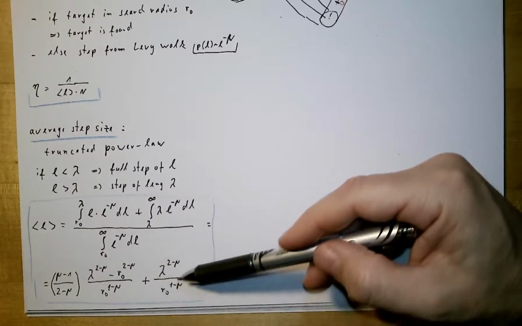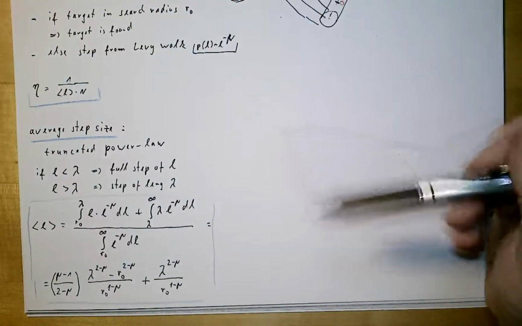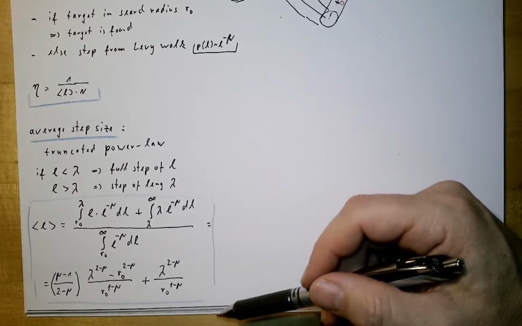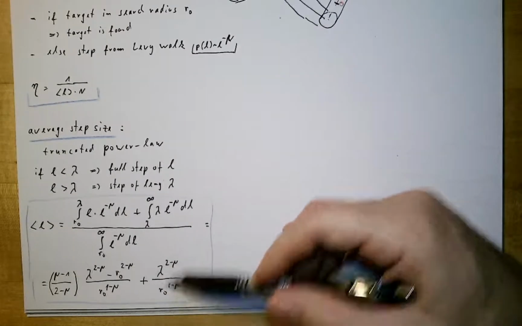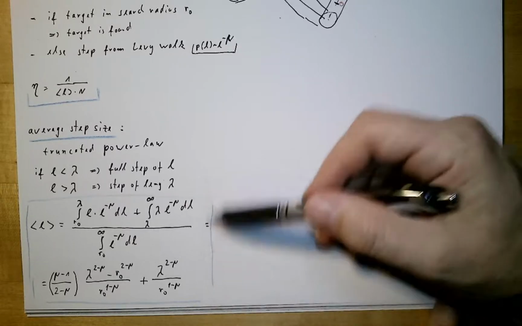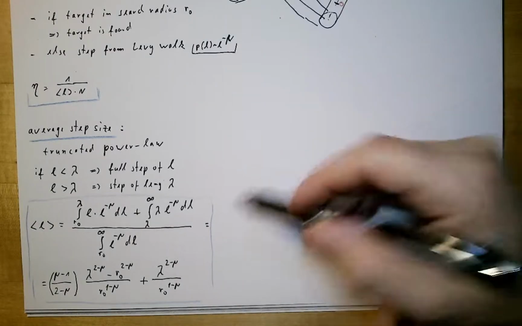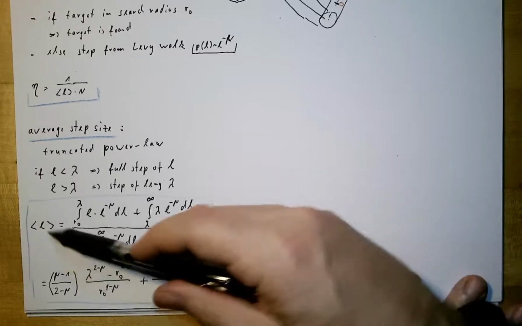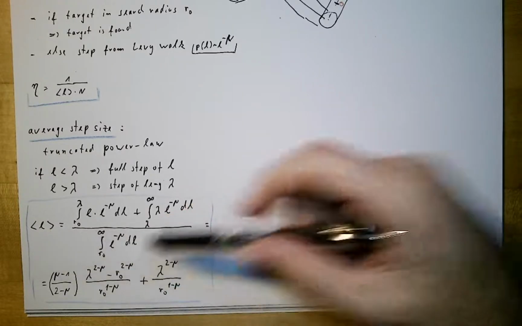Of course, this is not a formula you should memorize. This whole Levy search idea, I just want to show you as an application how we can apply all the details we learned about random walks and power law distributions here for some practical problem, like to find the optimal strategy to find a target. And if you plot this function, this average step length, as a function of the exponent mu,